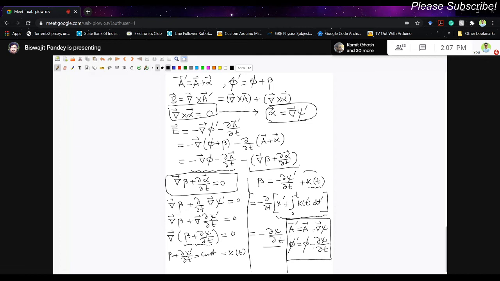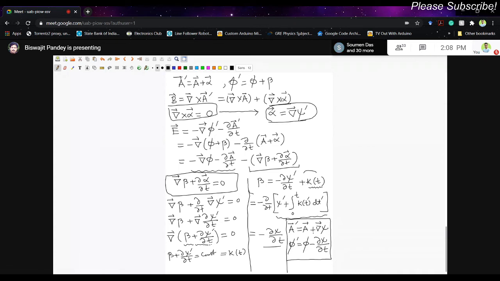So if you take any scalar function psi, which we usually call the gauge potential just because you are doing gauge transformation, any arbitrary scalar potential, you don't need to think about that. Take its gradient, add it to the vector potential, and simultaneously subtract the time derivative of that function from the scalar potential. Vector potential, you add grad psi, at the same time you subtract del psi del t from the scalar potential. That will not change the electric field and magnetic field.